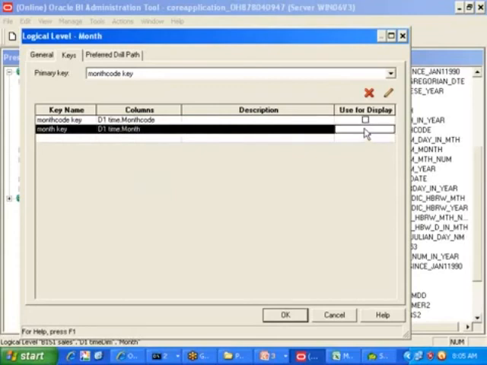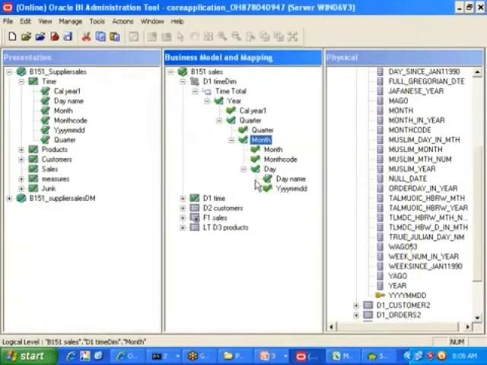Month. Is this for display column or not? Is it for primary key column? No. Are you clear? It's the display column we want, right? That is the reason. Okay, click on OK.